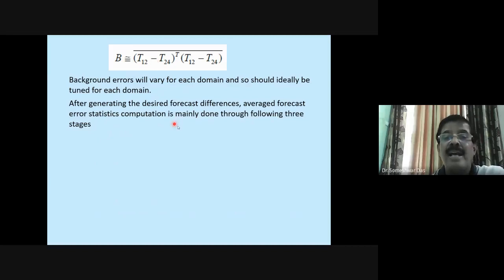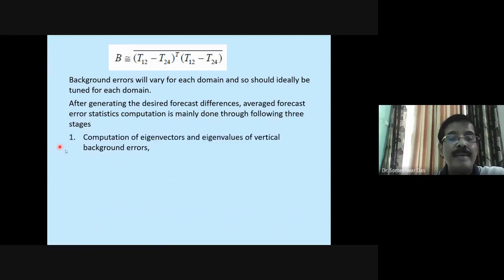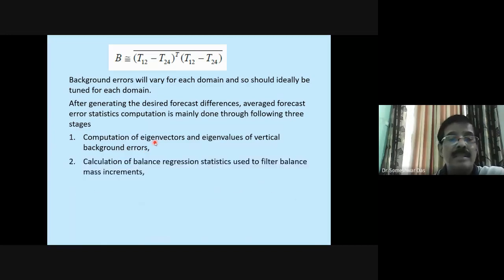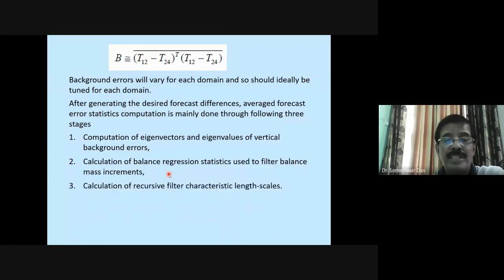Number 1, computation of the eigenvectors and eigenvalues of vertical background errors. Number 2, calculation of the balanced regression statistics used to filter balance mass increments. And number 3, calculation of recursive filter characteristics, length scales. These are the 3 steps or stages through which the background error is calculated.